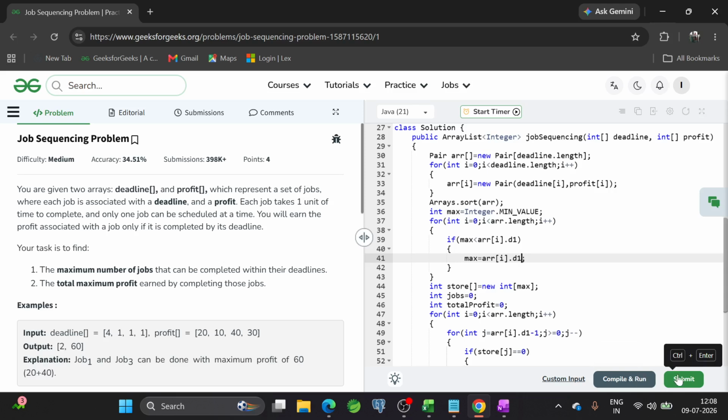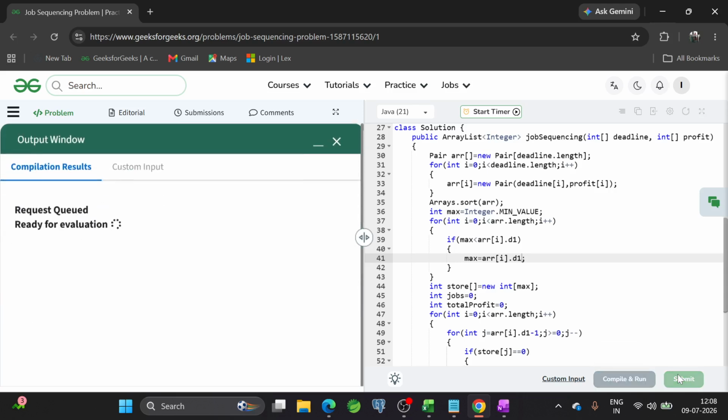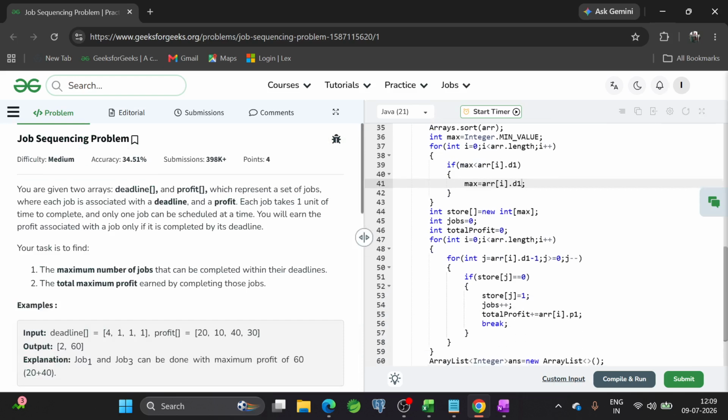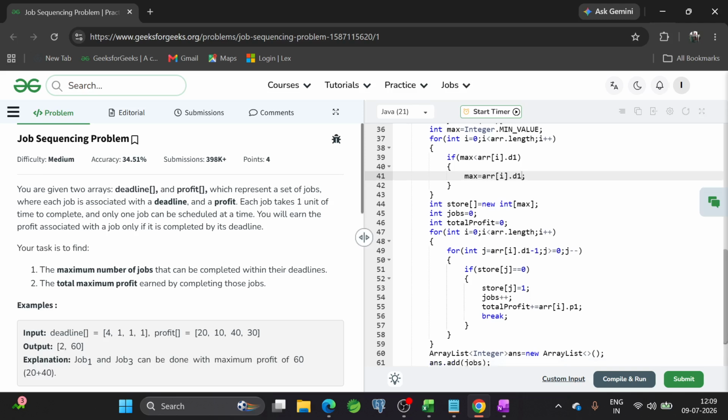Now I am trying to submit the code again. No, it is not working as expected. I am getting TLE.